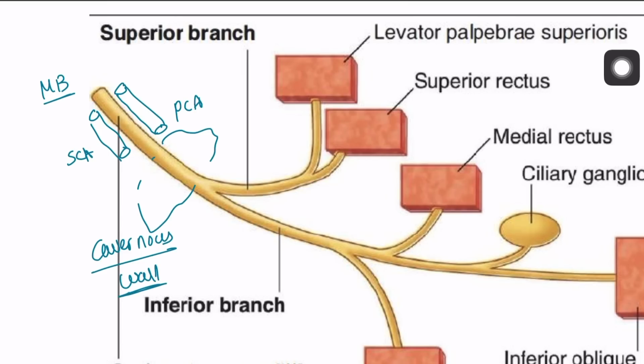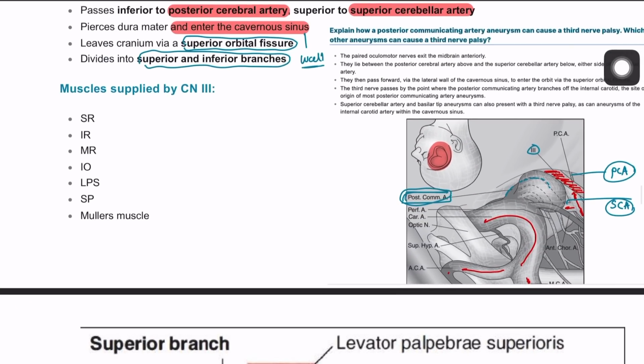Inside the cavernous sinus there is the internal carotid artery, so if you have a big aneurysm of the internal carotid artery, it might even compress the nerve as well. It divides into a superior branch and an inferior branch, as you see here, and enters through the superior orbital fissure. So this is the course of the